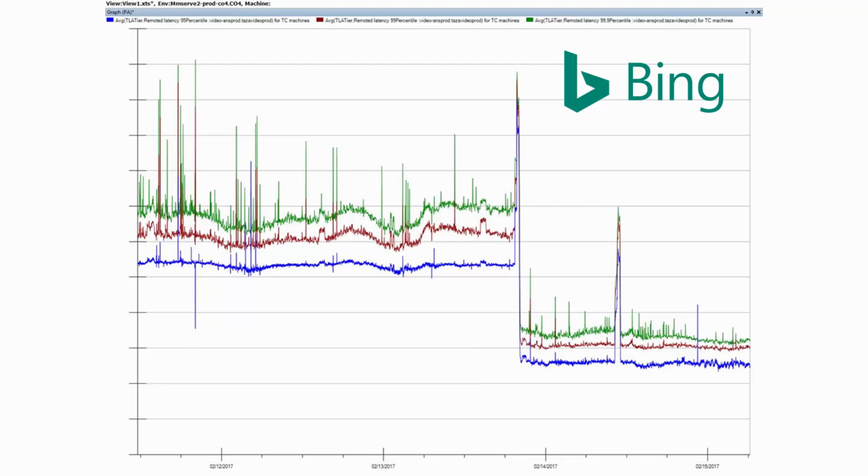This is a graph of Bing query latencies in mid-February. For the purposes of this talk, we can dispense with the precise definitions for the red, green, and blue lines. All that matters is that the y-axis corresponds to the query processing time, and that on the night of the 13th, query times fell across the board as we cut over to a new search engine based on the BitFunnel